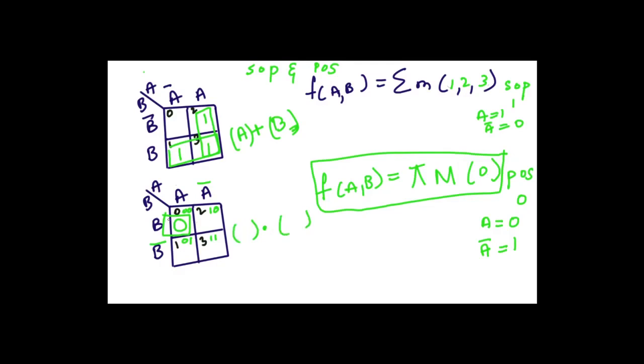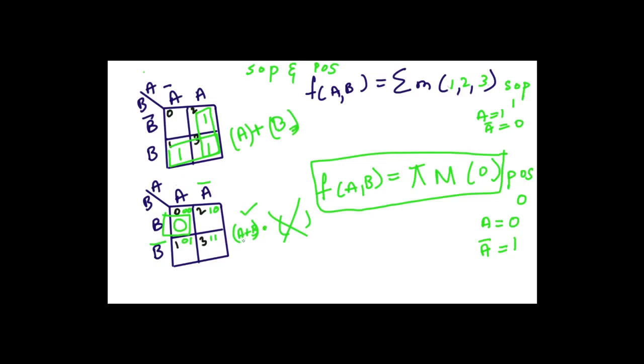So now for this you have only a single group. How can you represent this group? You have only one max term. For this 0, here A is common and here B is common. So A plus B. I am writing only this, and you don't have any other separate group to write for another max term. This is the only one group I made. So this is A plus B.